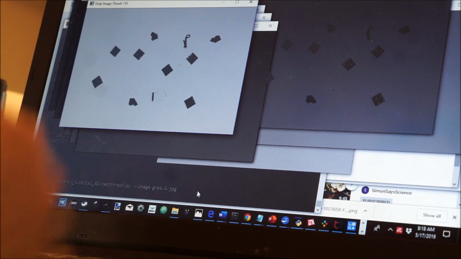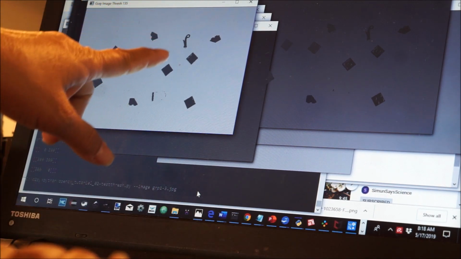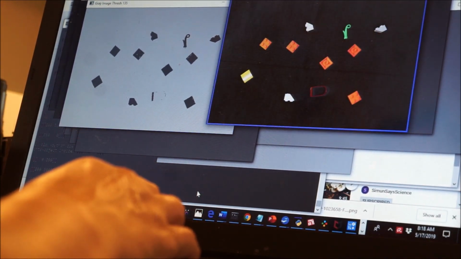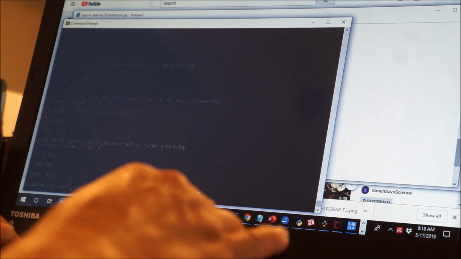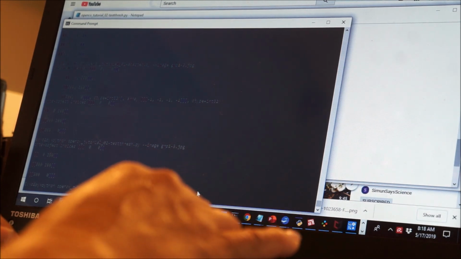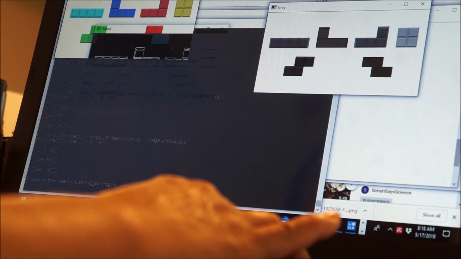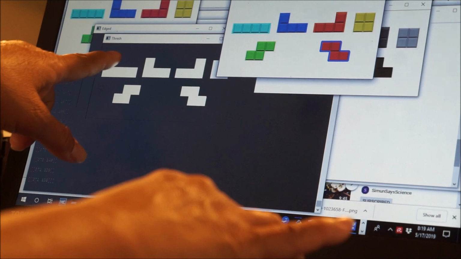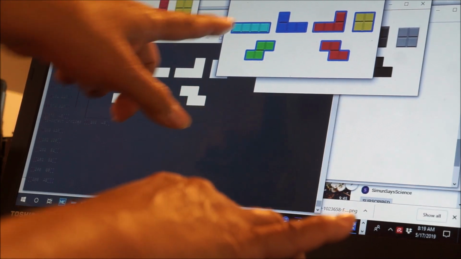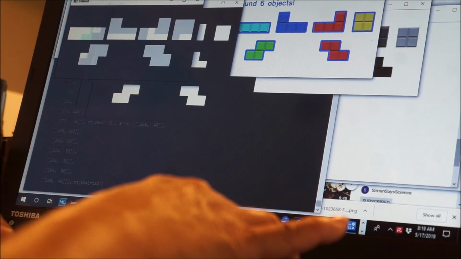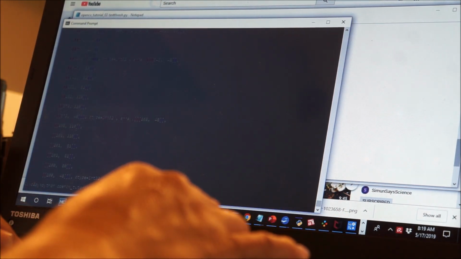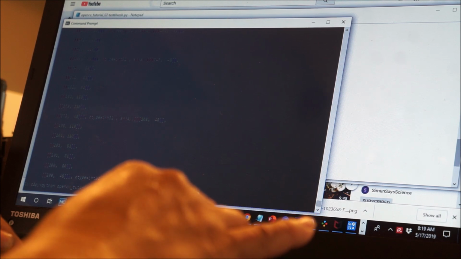So the other problem I realized was that in the original execution, it was white on black, not black on white. So again, just to remind you about that, in the original with the Tetris blocks, the thresh was white on black, and that's what they were detecting, right? So white on black. And so I've been working with black on white. And so I created another script called